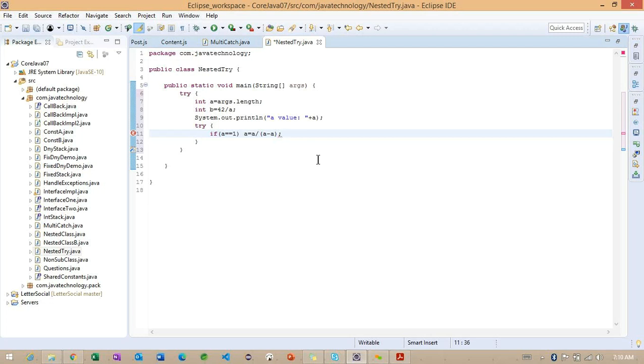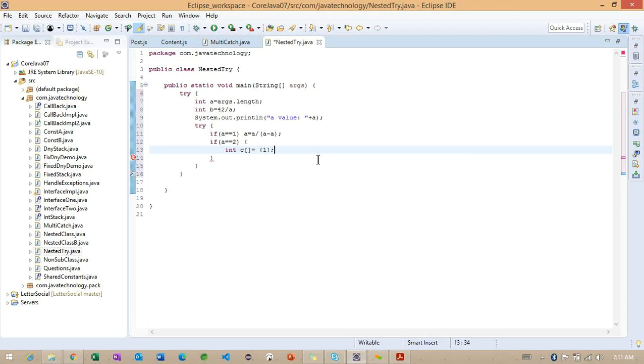After this, I'm going to check one more here. A is equals to 2. Right, and internally one more array I'm creating here, with the value 1, the same value I'm going to specify here.